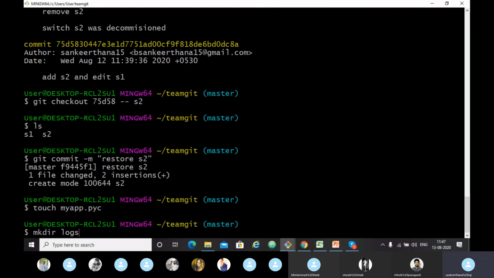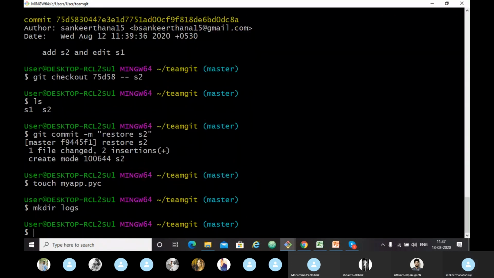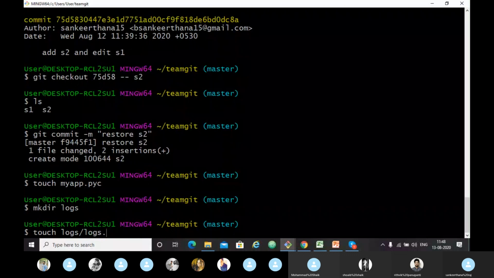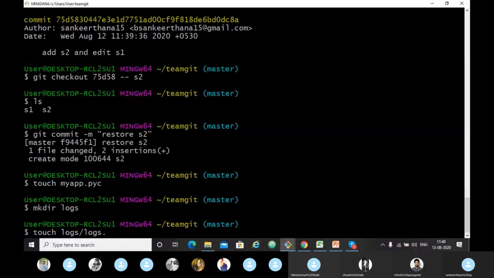Now we want some log files. Touch log. To create log files, we use this command. So let's create another log file.